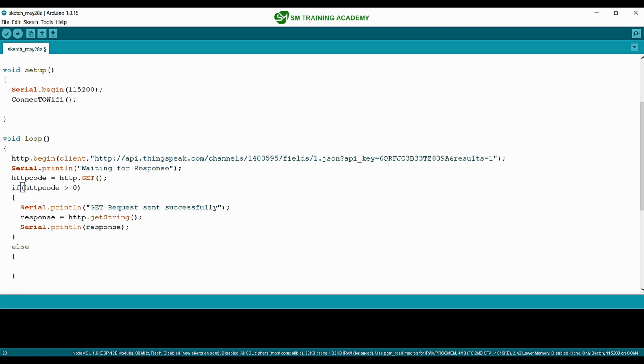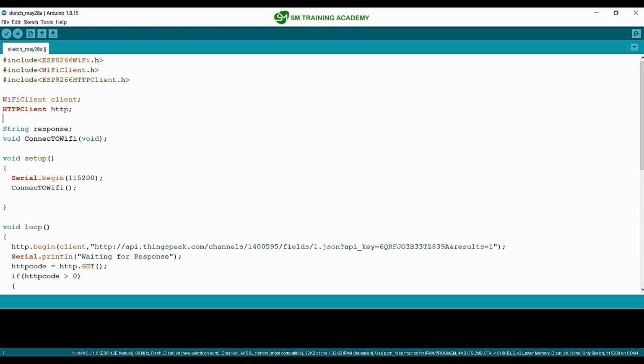And else if the HTTP code available over here is not greater than 0, we will print the string "failed to connect to server". So this string will be printed on the serial monitor if this HTTP code is negative.